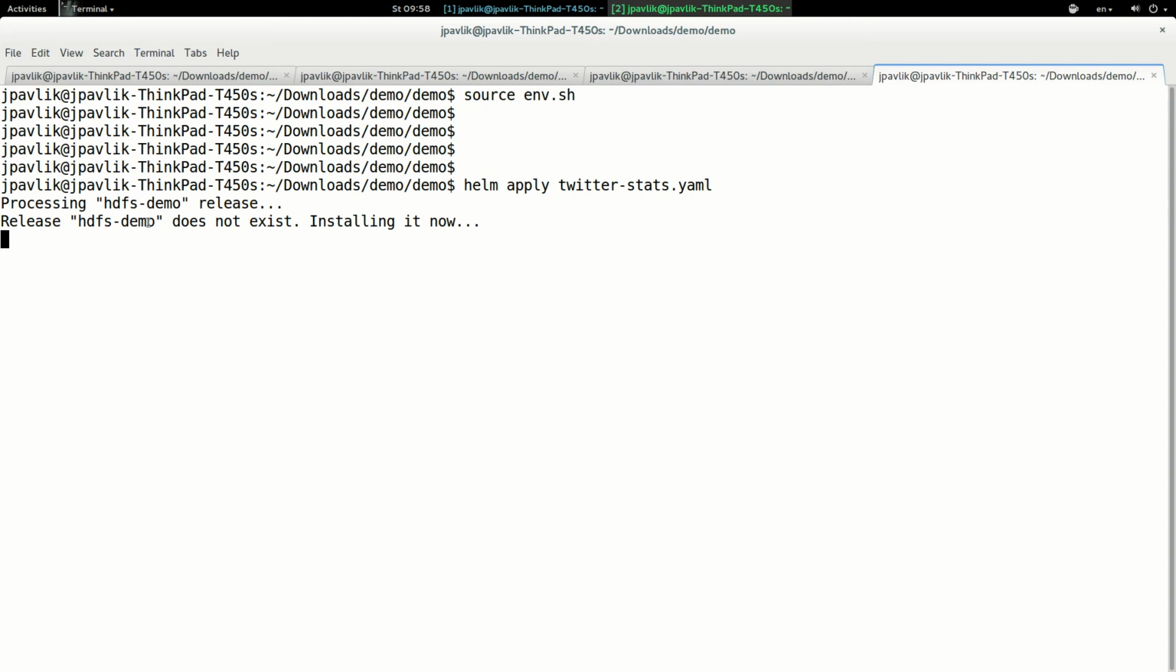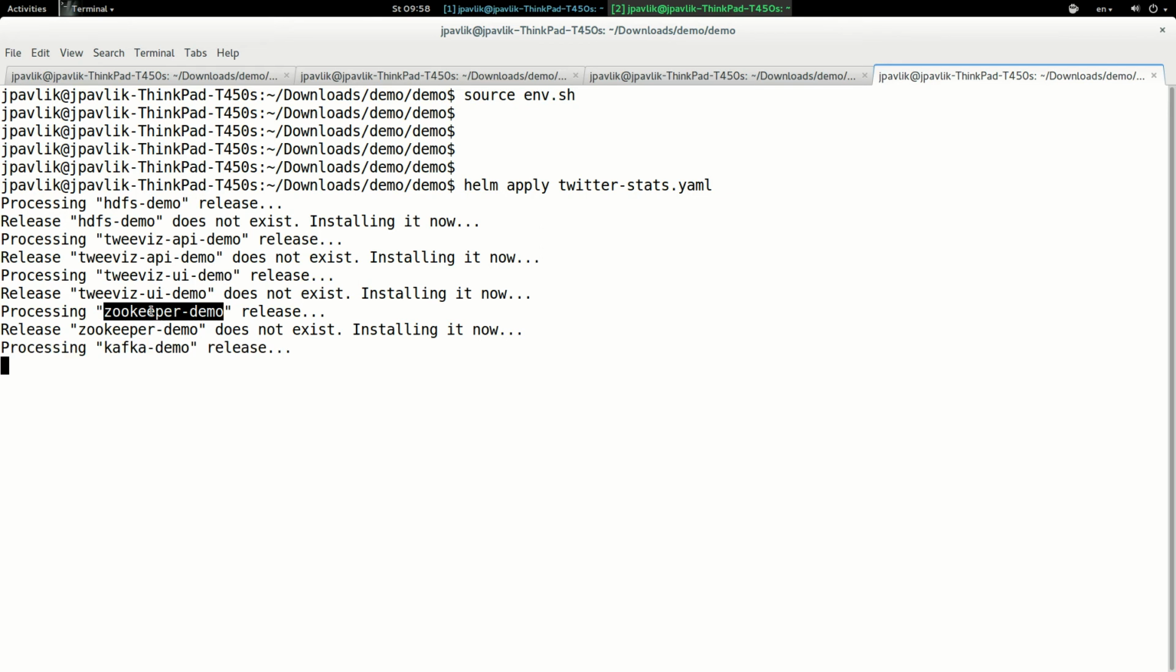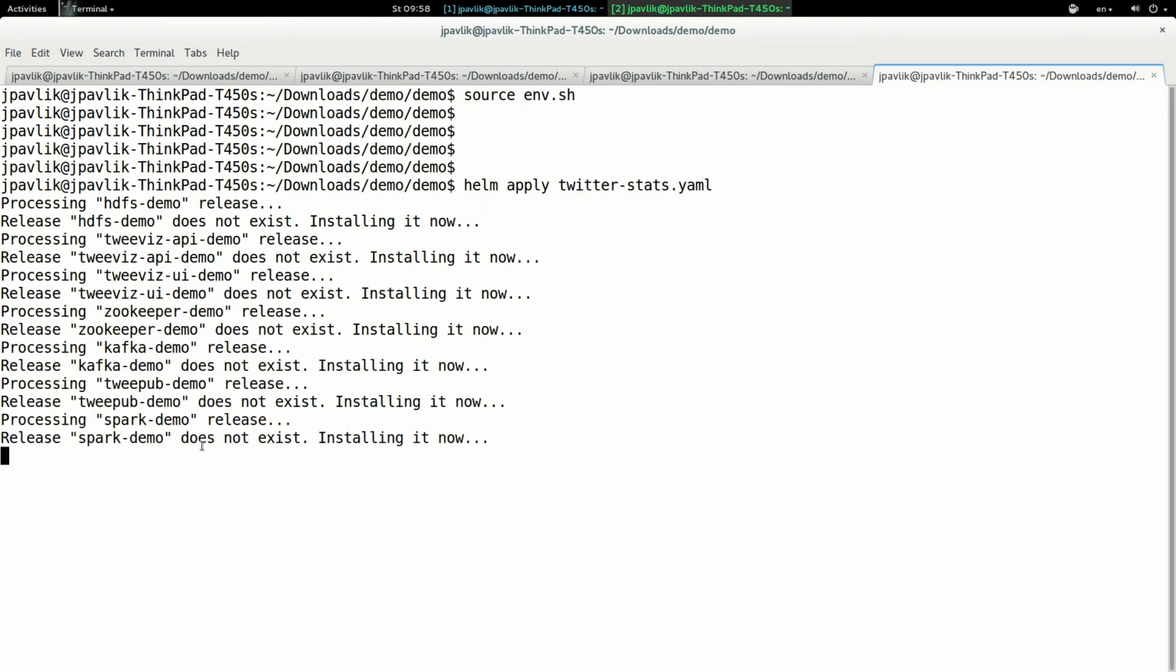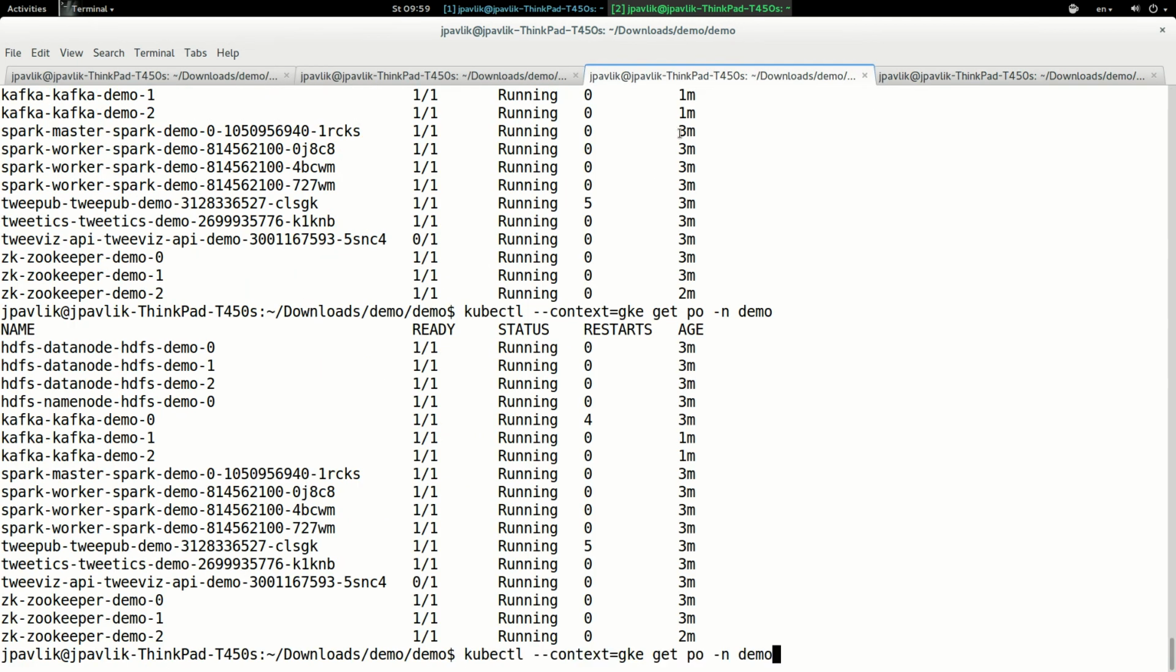Yes, and as you can see, we are deploying HDFS, Tweet API, TweetUI demo release, Zookeeper, so all is happening. And meantime, before all this will happen, I would like to take you through this. So you can see it's pretty fast. In the second tab, we can